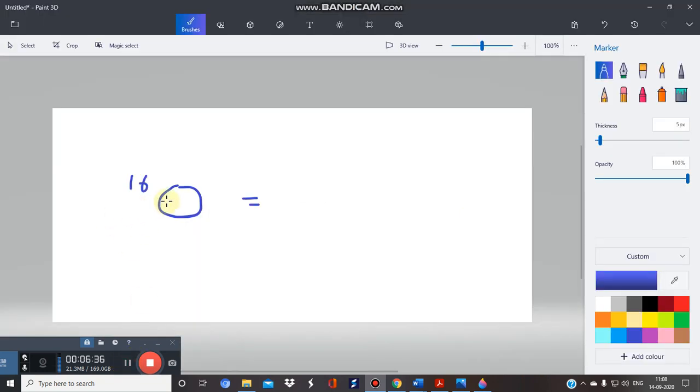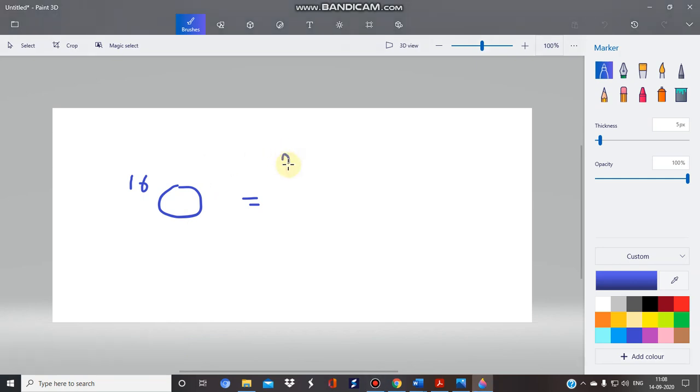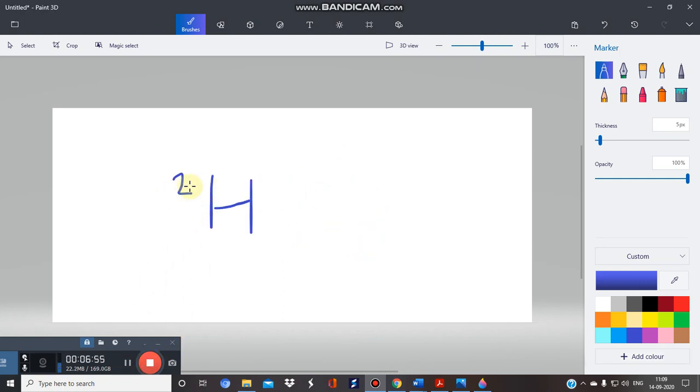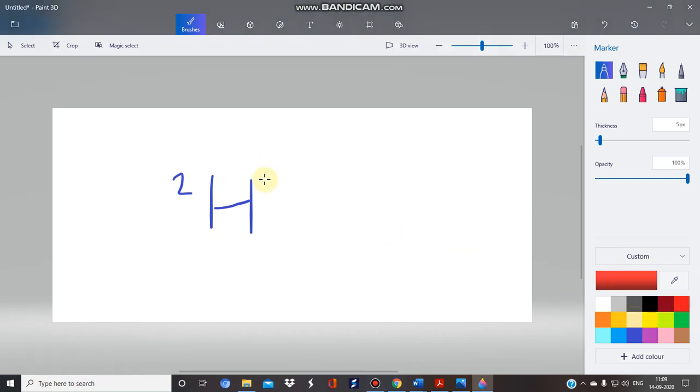So take an example, suppose oxygen 16 is there. In this, the number of protons and the number of neutrons are even. So it has no spin. We cannot use this compound in NMR. Hence, we can say that these types of atoms are NMR inactive. In the case of 2H, it contains an odd number of protons and an odd number of neutrons. So yes, this is a suitable example of an NMR active compound, because here the nuclear spin is not 0.